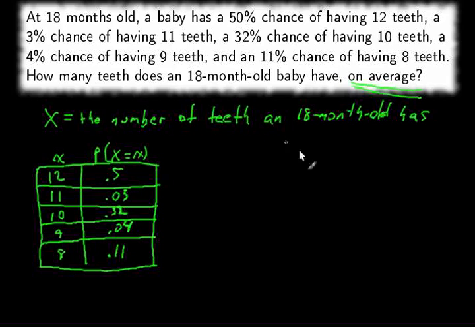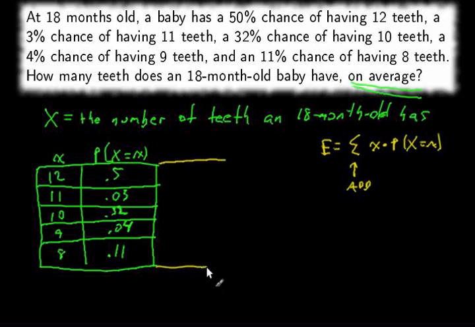So the expected value is the sum of the values of x times their probabilities. And remember, this means add or sum. So it's the sum of the x times p of x. So we'll take the table here and add an extra column. Take the PDF, add the column x times p of x equals x,